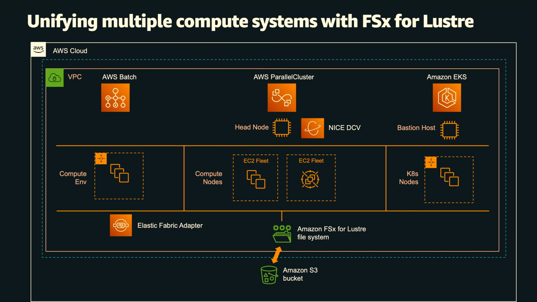And what you're seeing here is that you could handle your rote ETL jobs using AWS Batch. You could handle your modeling and simulation using Parallel Cluster with an auto-scaling queue. You could handle persistent services like Jupyter Lab, model servers, et cetera, using EKS, but they can all have a